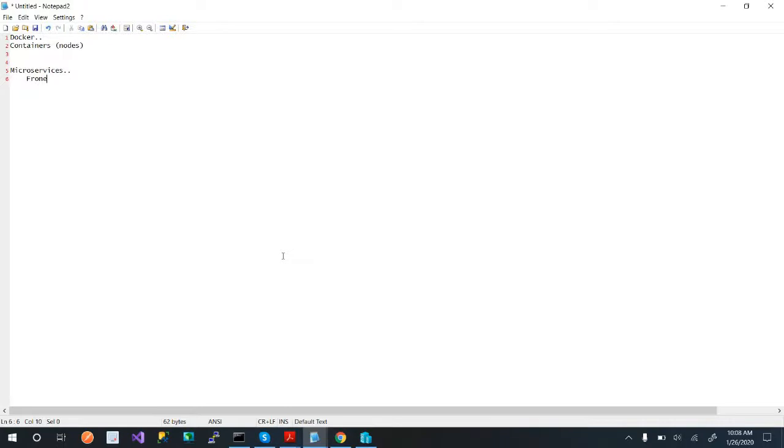So I have a front end. Say if I have a front end, I think the proper way to do this, put a minus in between. And I want it to be AngularJS with Node.js, okay? And then I have a back end. Even though this is a massive app, we're going to use MySQL.